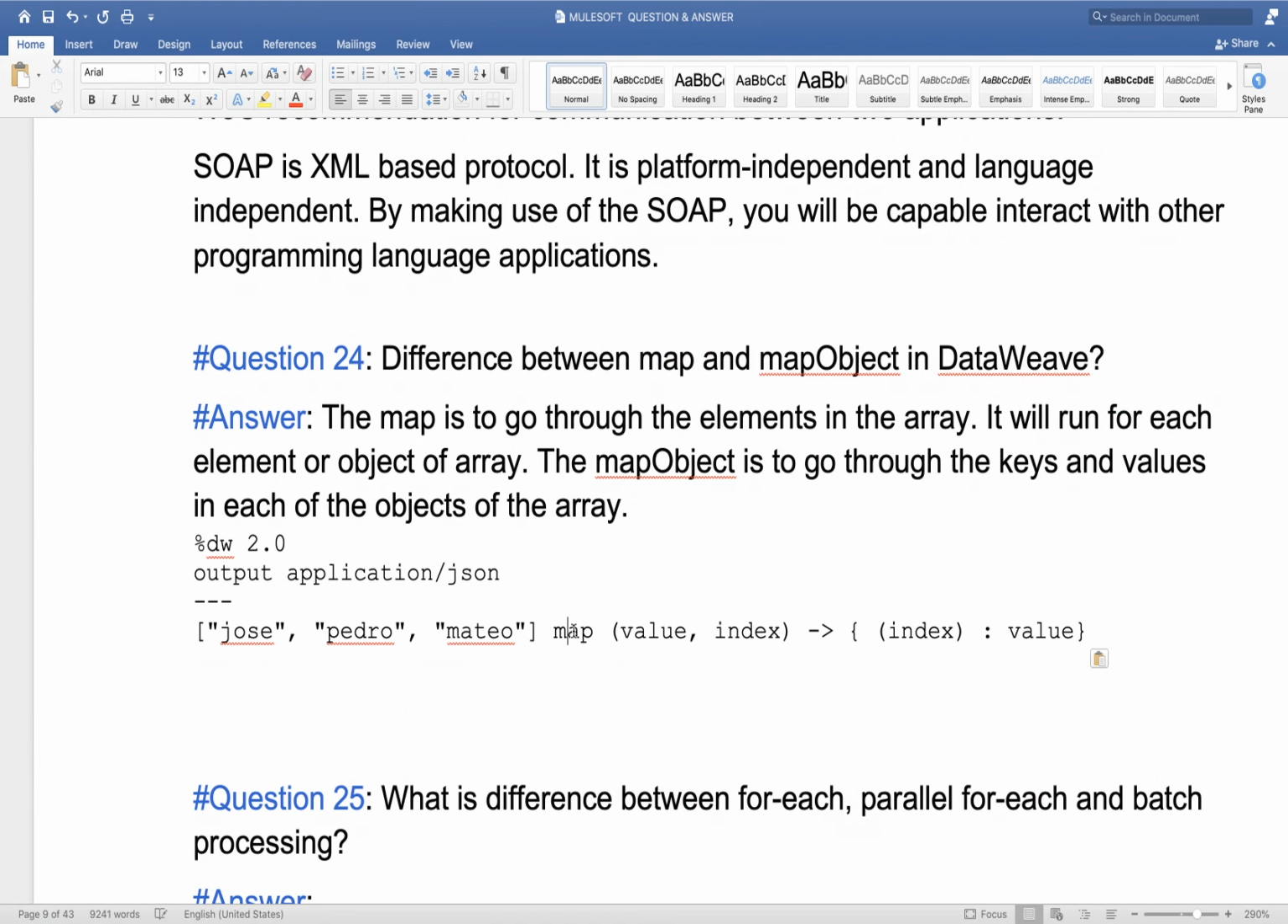So for this map function, the input will be this array. This array can be an array of elements, or an array of objects. Anything can be there. And as parameters we need to pass two things, value and index. For each iteration of the array, whatever element or object is there will come inside value. And index will contain the index of